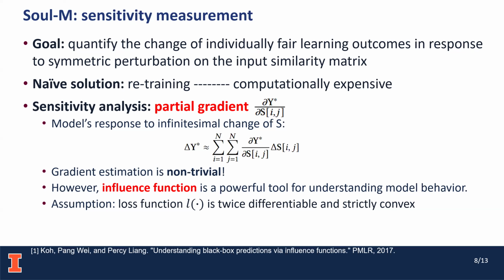This influence function is based on the assumption that the loss function for getting y is twice differentiable and strictly convex. This is a bit of a tight constraint. But in the original paper of the influence function, they also point out that even though it doesn't satisfy the assumption, the calculated gradient is still going to imply some of the information. Also, we did some experiments on convex but not strictly convex functions, and I will show later in the experiments part that our method is still working.